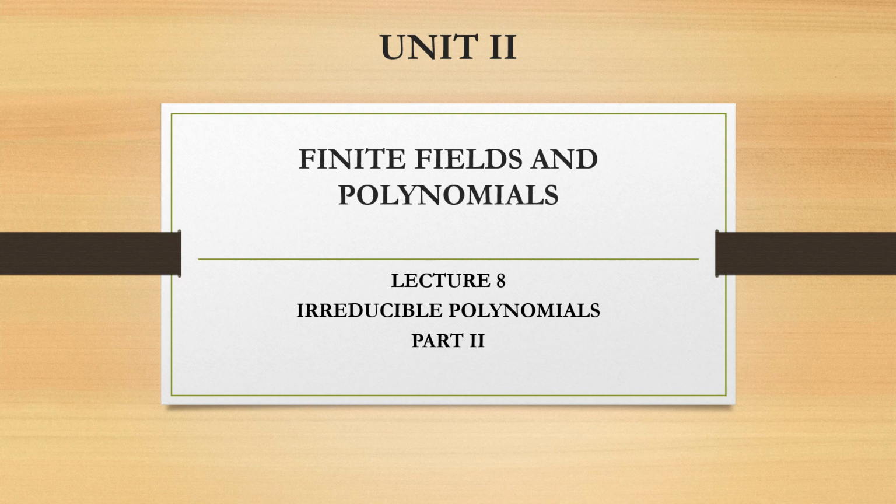A small recap of what is reducible and what is irreducible polynomial. If a polynomial can be split as a product of two other polynomials of lower degree, then it can be called a reducible polynomial. If it cannot be written in that way, then we can call that particular polynomial an irreducible polynomial. Clear? So based on reducible and irreducible polynomials, we had discussed a few problems in the previous lecture number 7. Now we'll continue in lecture number 8. Let's get on to the presentation.